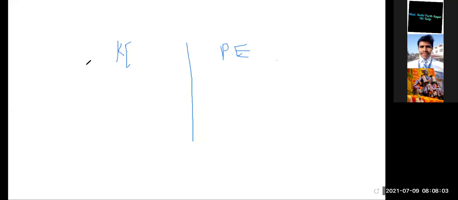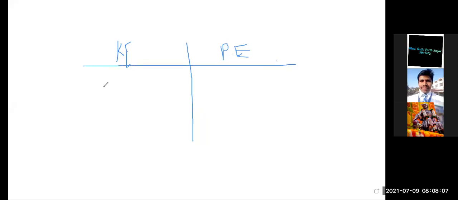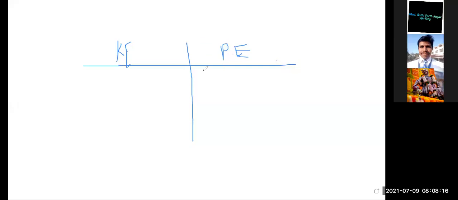The capacity of a body to perform work is called its energy, and the energy which an object has because of its motion is called its kinetic energy. In a simple way, objects get energy due to their motion, and that is called kinetic energy. Potential energy is due to the specific position of an object, and that is called potential energy.